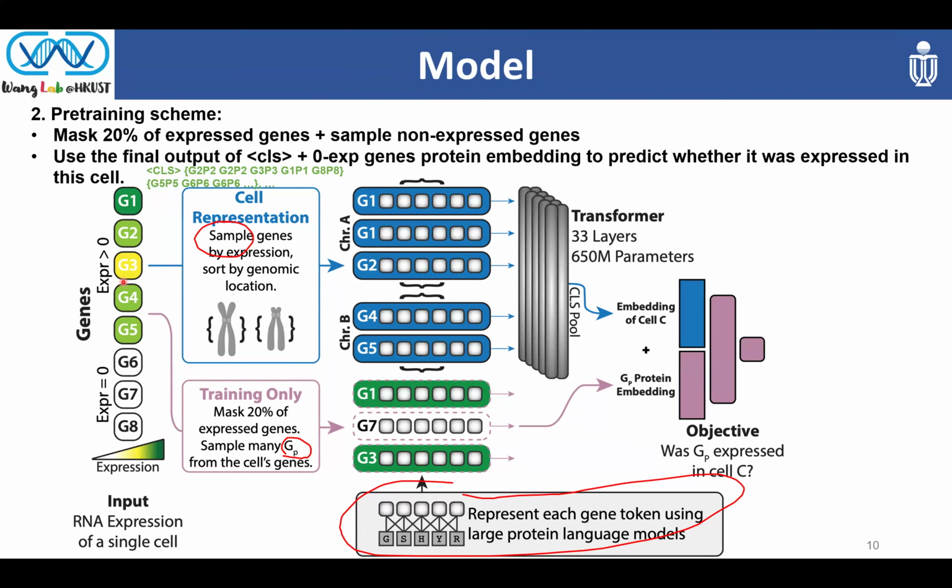I got your point. Sorry, I didn't understand you at first. Yes, because they just want to add some gene information. This part is the expression part, right? And this part is the gene part. They want to add some gene information into this model. So they have several choices. For example, SC-BERT uses gene2vec,